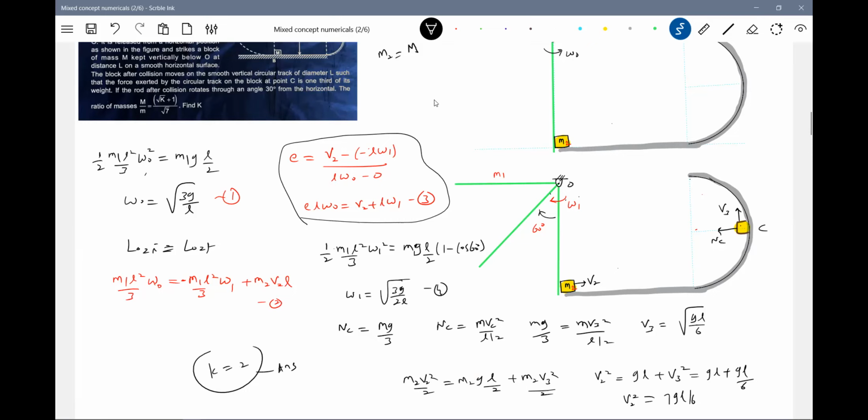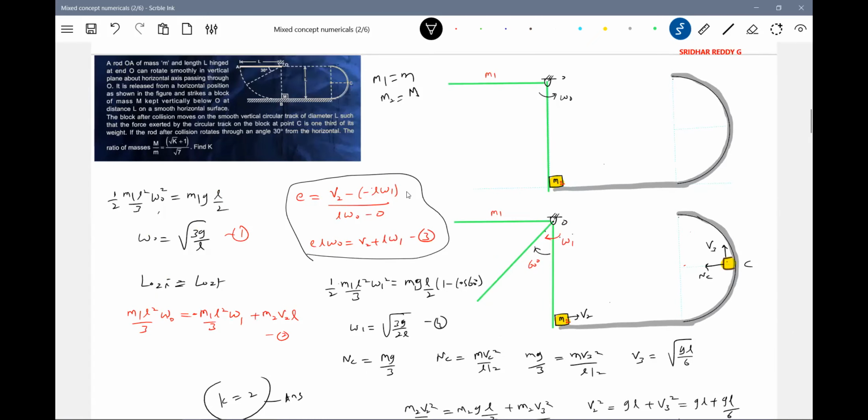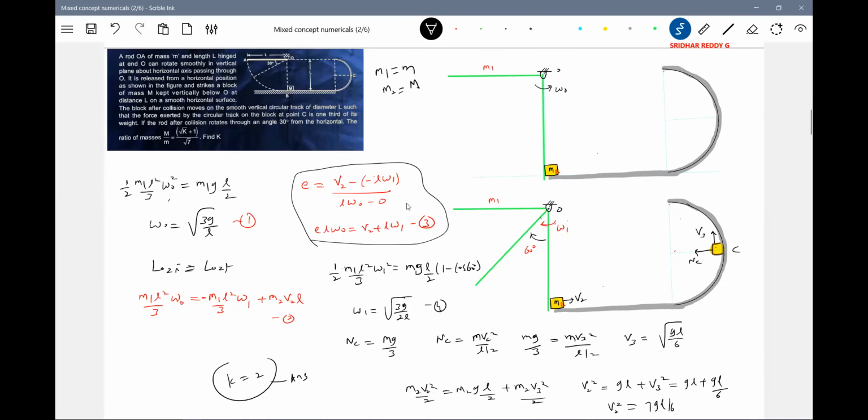Some different ideas here. If I ask you the coefficient of restitution between the rod and the block, you can find it out. That's why I brought equation 3. So whenever the rod collides with that one,